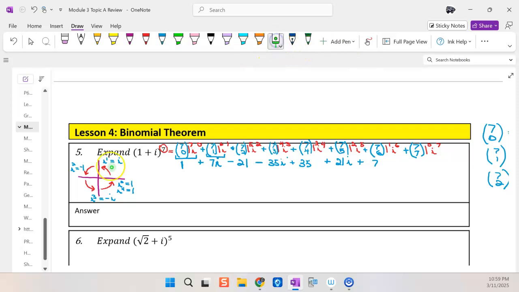So if I count over here, 1, 2, 3, 4, 5, 6, it's the same as i squared, or -1. So that's going to change this 7 into a -7